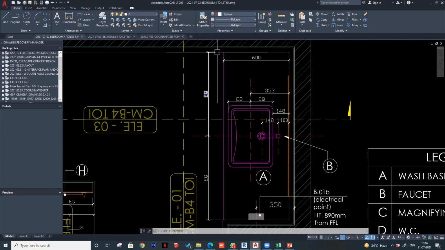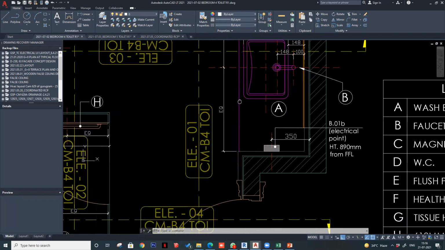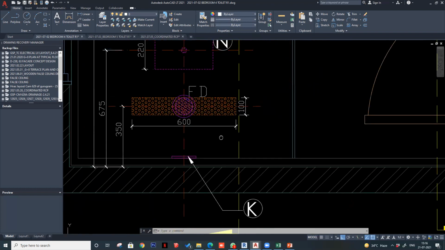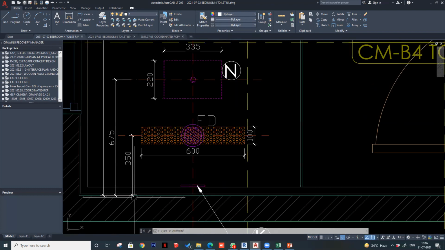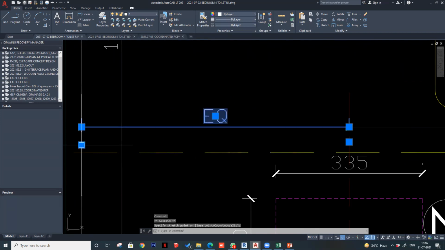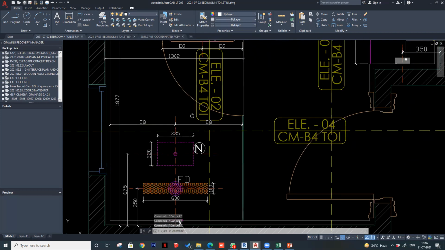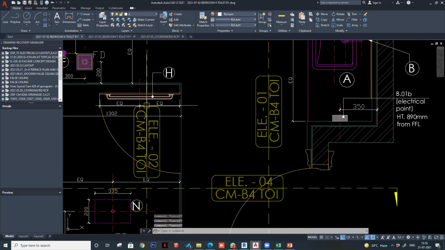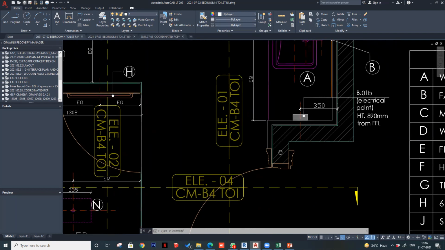Your slab will be placed after this finishing, right? So accordingly, the equal should be from the finished level. These are some little points that you'll have to take. Like for example, this drain I've given from here. Whatever fixtures you're placing, you'll have to figure out what kind of fixture it is. Will it be fixed later on, or will they need the dimension in the initial stages? So accordingly, you'll have to give the dimensions for it.